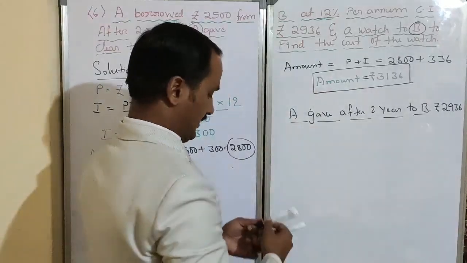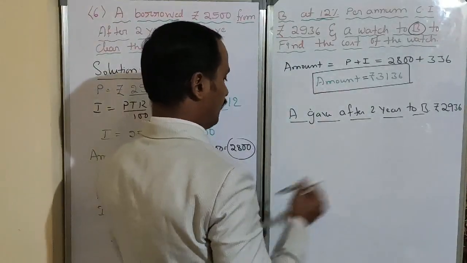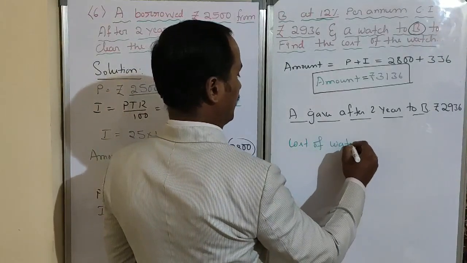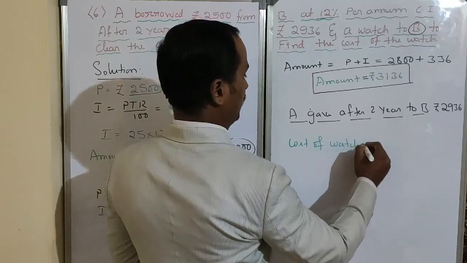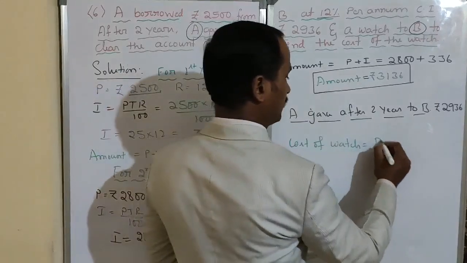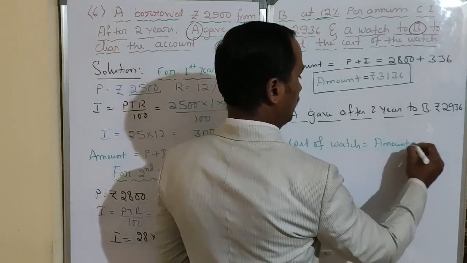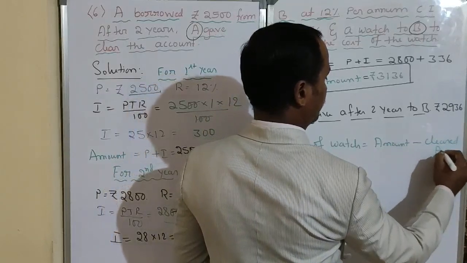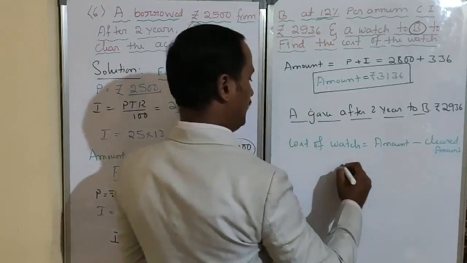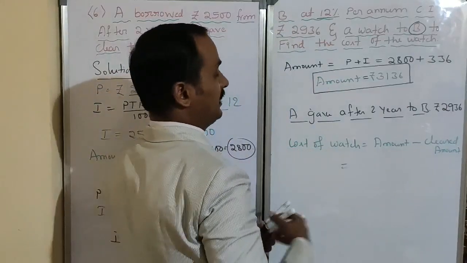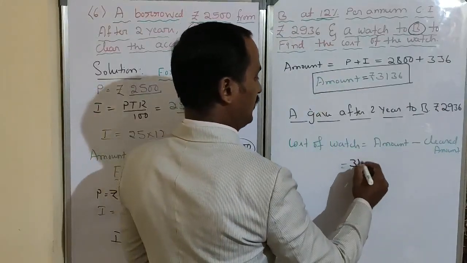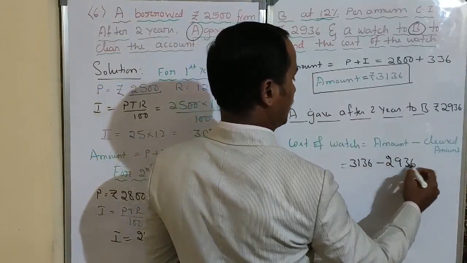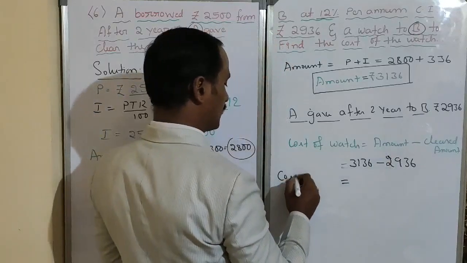Cost of watch is equal to amount minus cleared amount. What is the answer? How much did it become at the end of the second year? 3,136 minus cleared amount is 2,936. What is the difference, dear children? Cost of watch is equal to